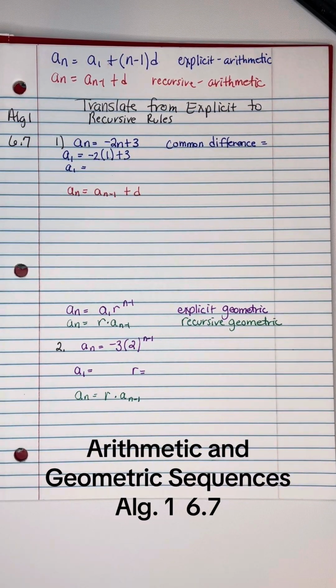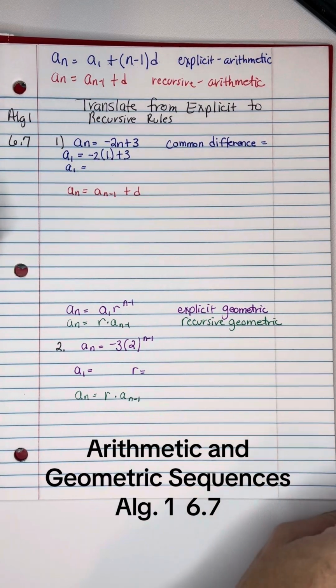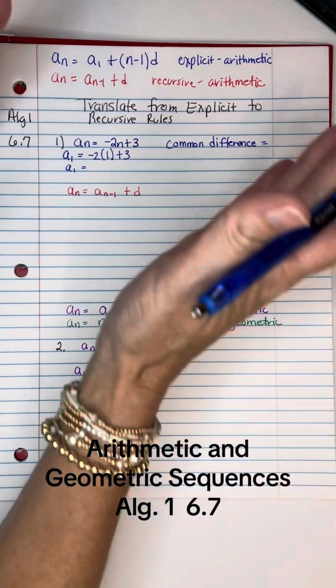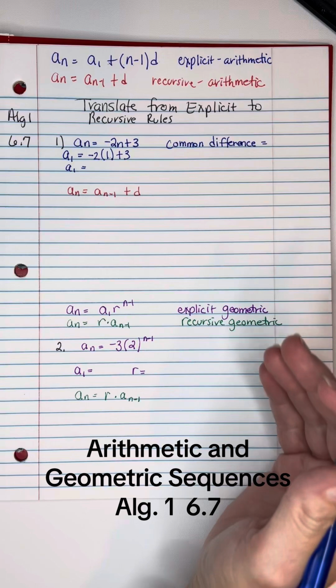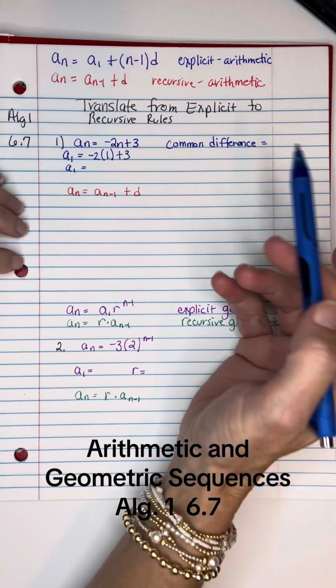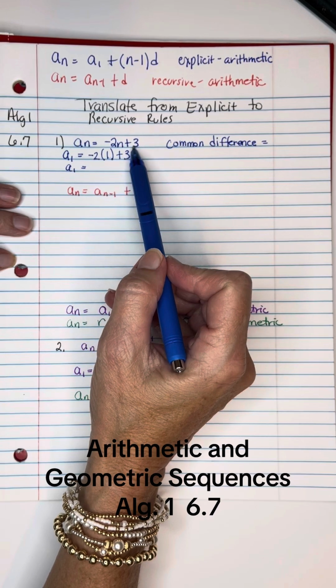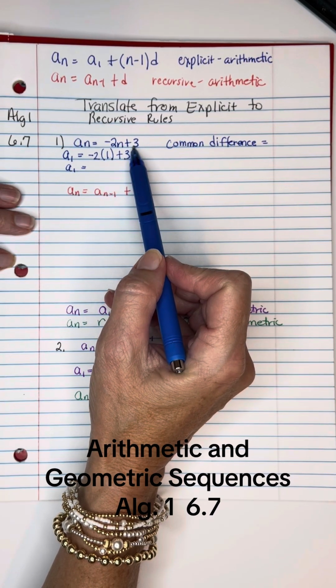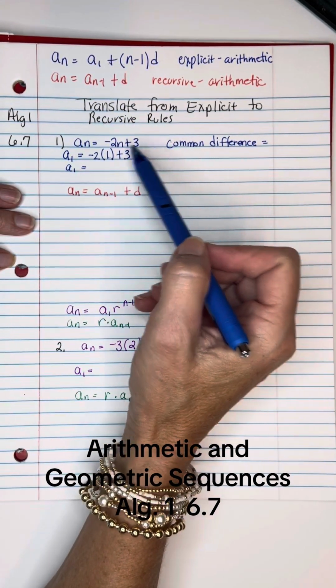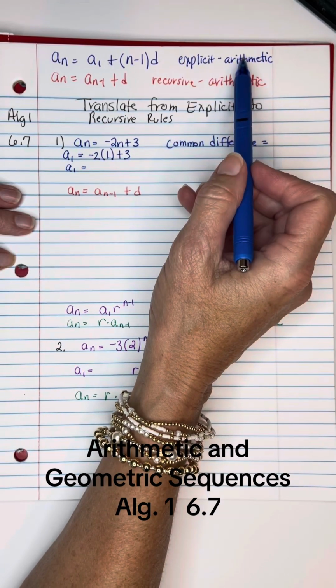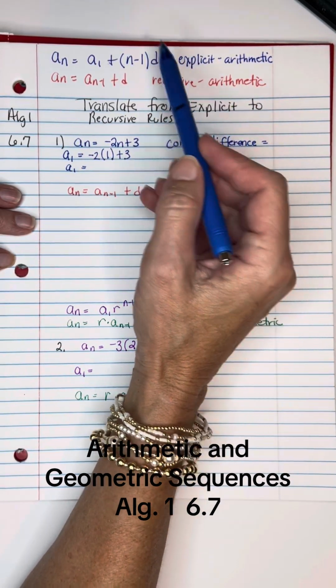We're going to translate from explicit to recursive, and I've got them color coordinated again. We'll start here with the arithmetic, and in a few moments we'll do the geometric. All right, we're given the problem a sub n equals negative 2n plus 3. Now the thing to remember is it doesn't look like the explicit arithmetic formula, because it doesn't look like